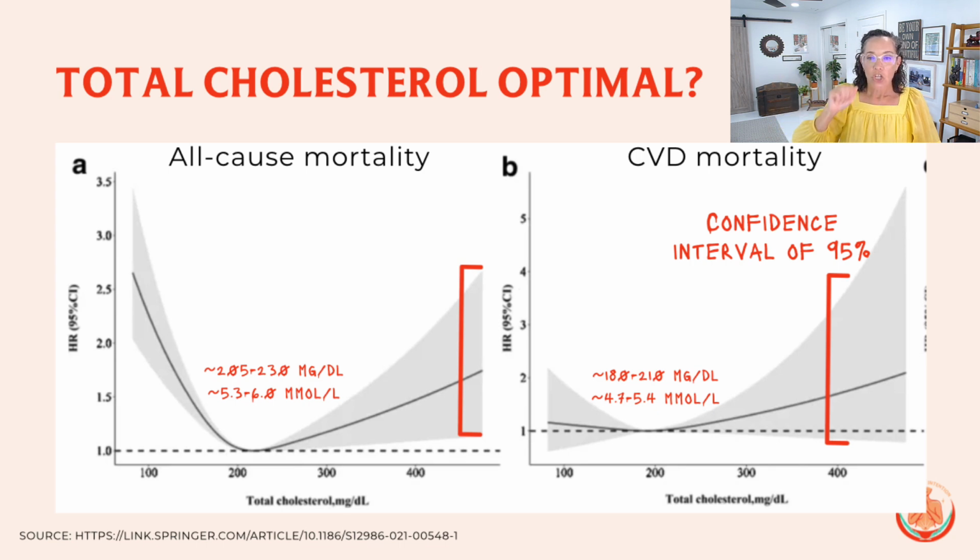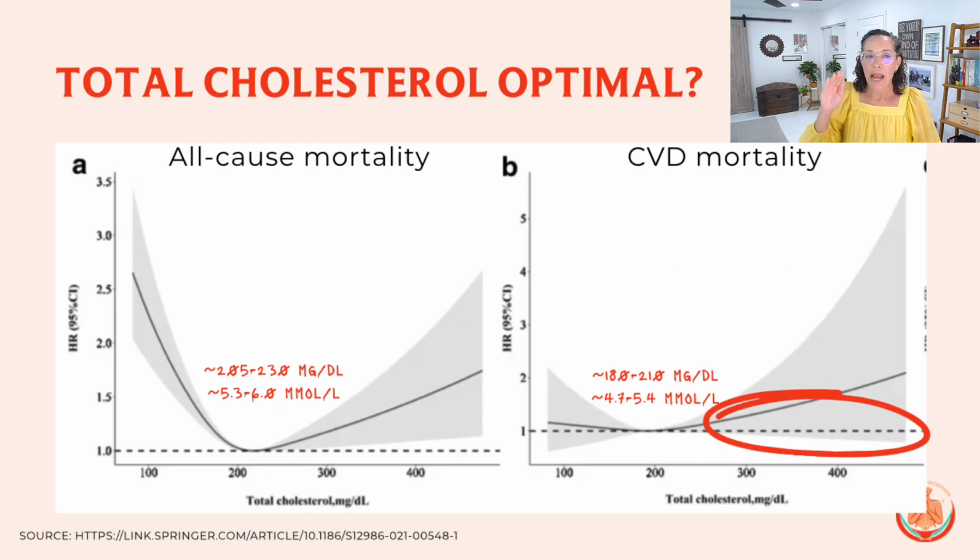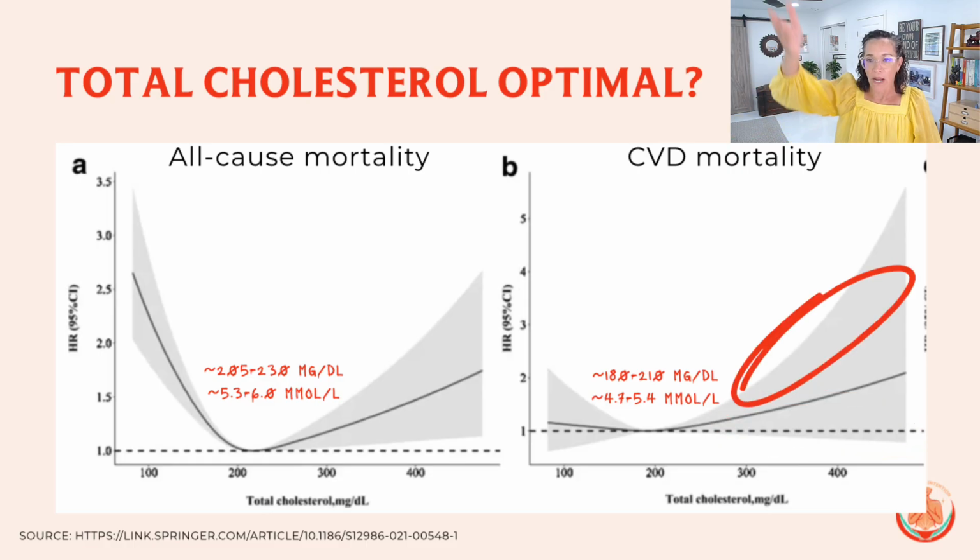So if we look at the graph on the right with the death by cardiovascular disease, even at a much higher total cholesterol level, I mean, this goes up to almost 500 milligrams per deciliter, there is still a chance that you won't die from cardiovascular disease. Now, of course, there's a higher chance that you will, as we can see here, right? This gray area goes up quite high. And this shows us that there were outliers in the studied population.